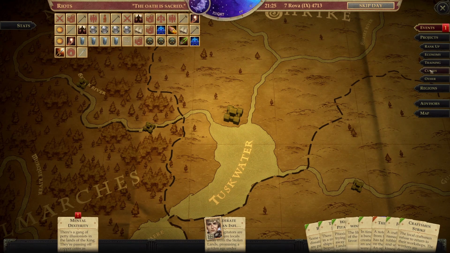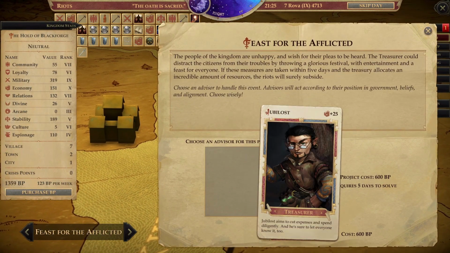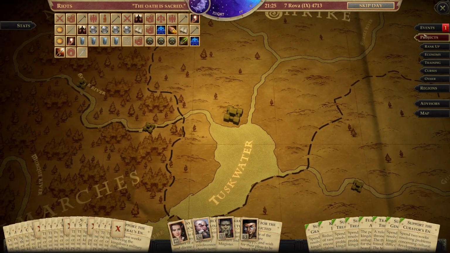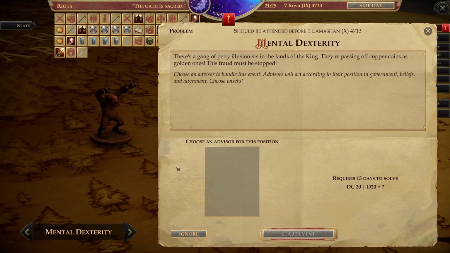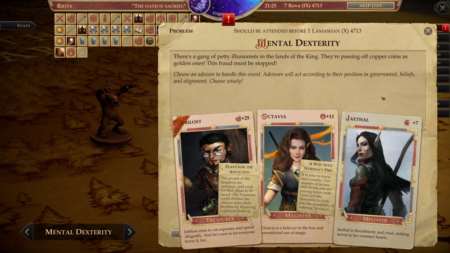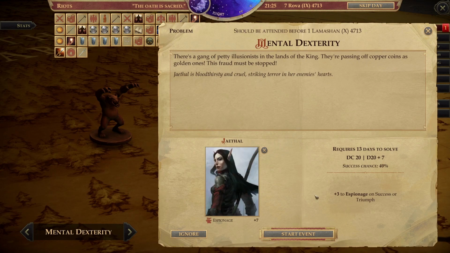Very good. Where is that project for our buddy? There we go. Start that. There's a gang of petty illusionists in the lands of the king. They're passing off copper coins as golden ones. This fraud must be stopped. Difficulty 20. 40% chance. Well, it's...